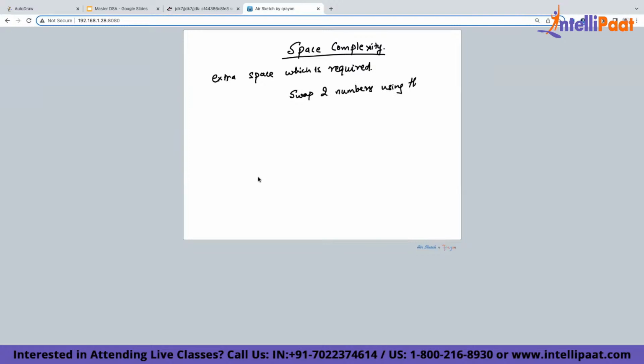When I use a third variable, what is my space complexity? My space complexity is big O of 1. Why? Because I need 1 unit of extra space. Now, this is all that is required till now. So till now, I'll just repeat whatever I've discussed.